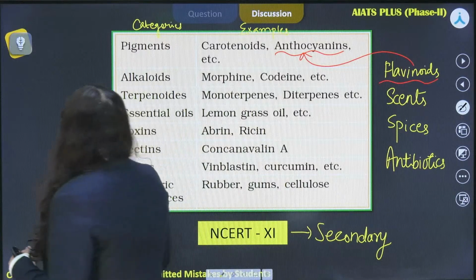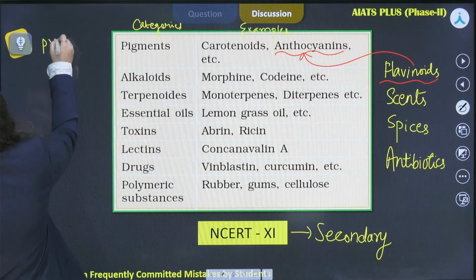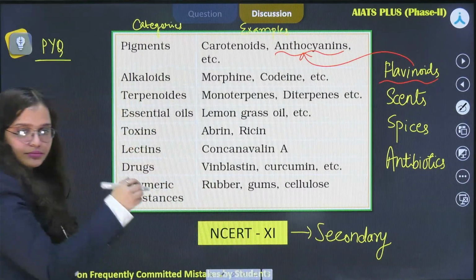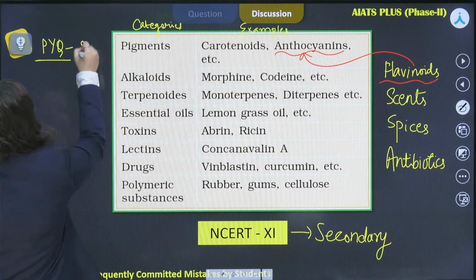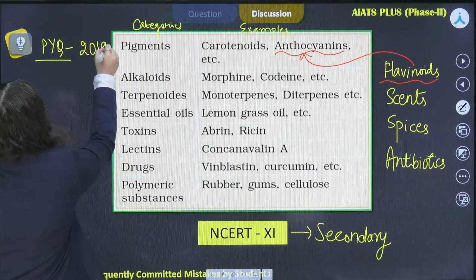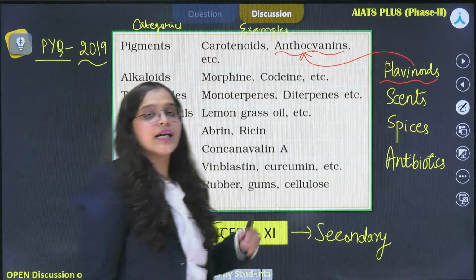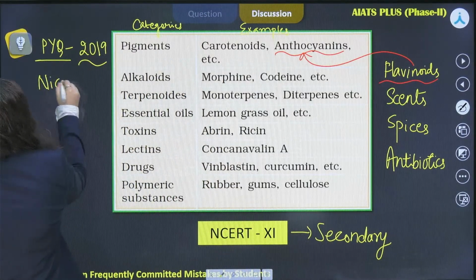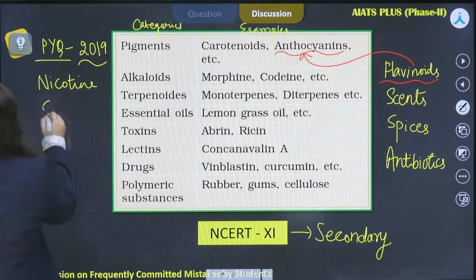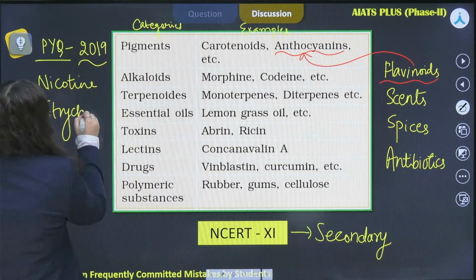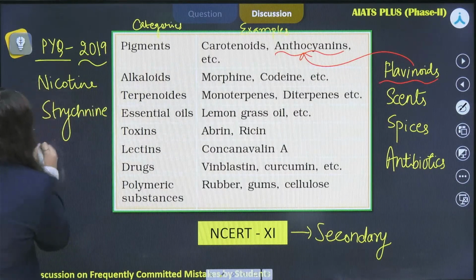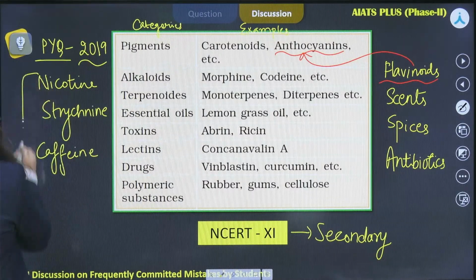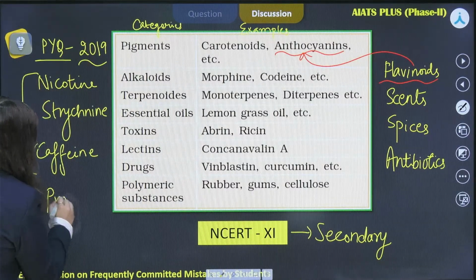So that is why it is important that you solve your PYQs before finally attempting the paper. All right. So this was in 2019. There was a question asked in which secondary metabolites like nicotine, serotonin and caffeine were said to be produced by plants,